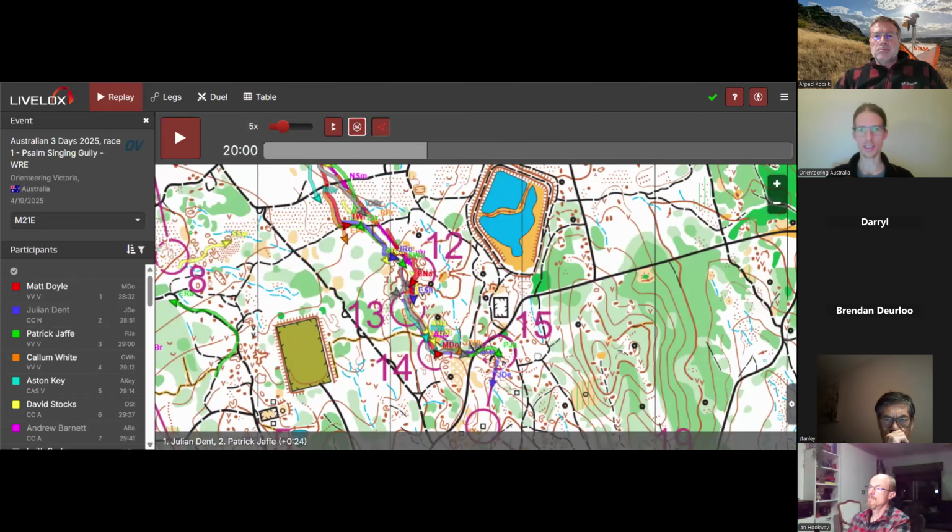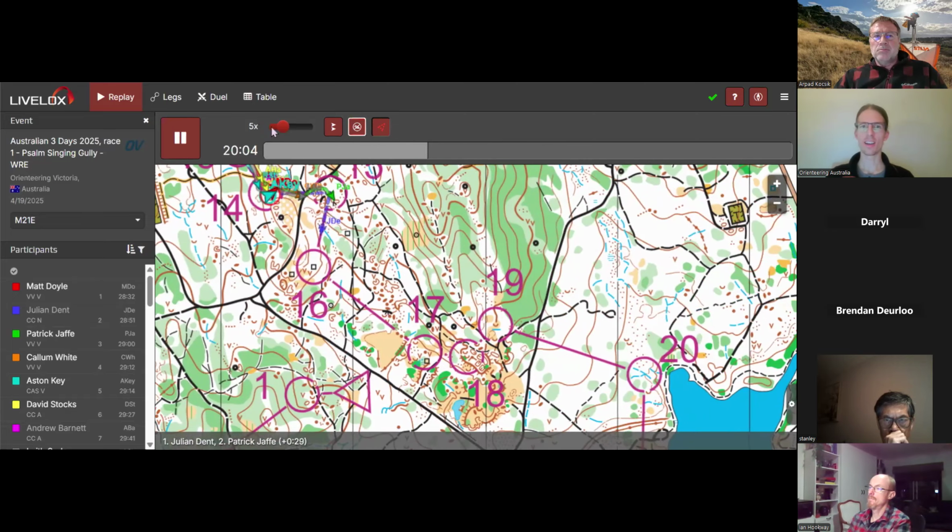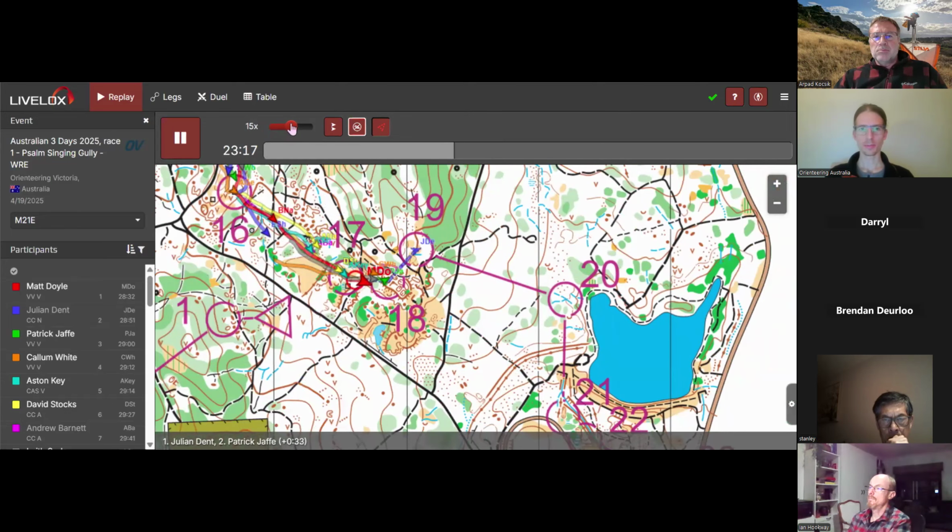As you will notice, as we speed it up, Julian Dent is still in the front at this point, but with some fast legs, fast finishing, it's a race to try to catch up with him. Number 19 to 20 was also a decisive leg.